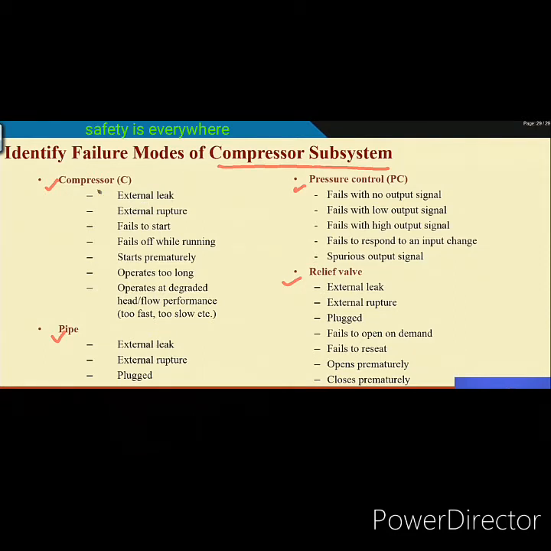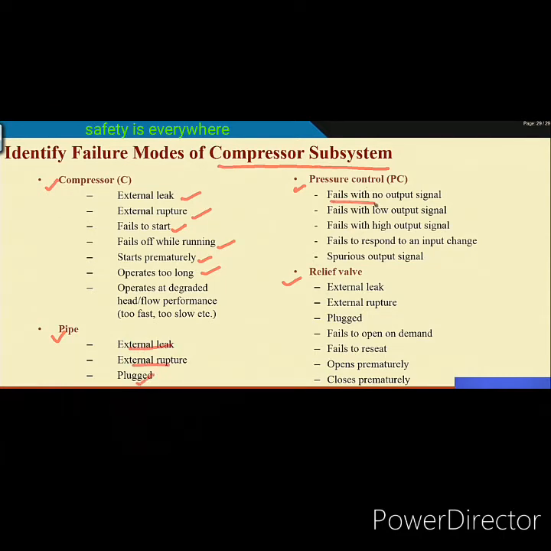For the compressor case: external leak, external rupture, fails to start, fails off while running, starts prematurely, operates too long, operates at degraded head and flow, performance too fast and too slow. Similarly, for the pressure pipe: external leak, external rupture, plugged.